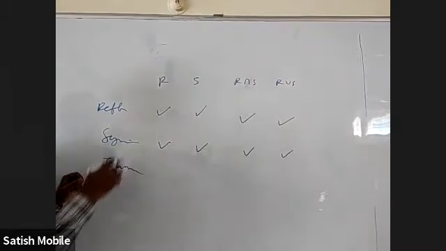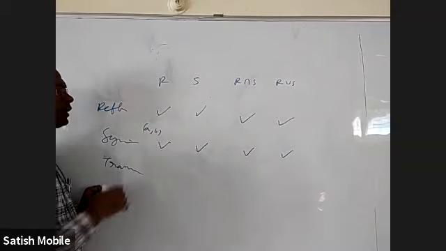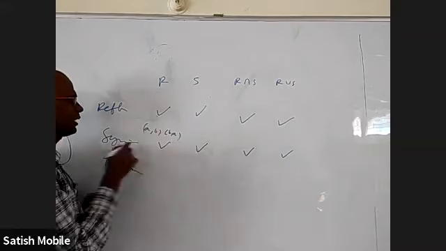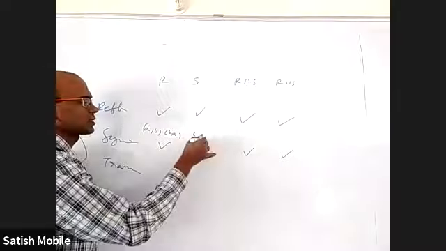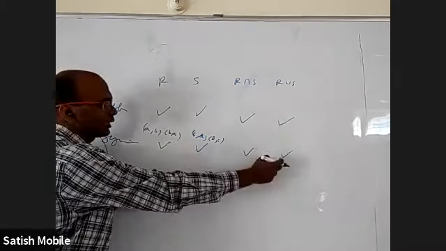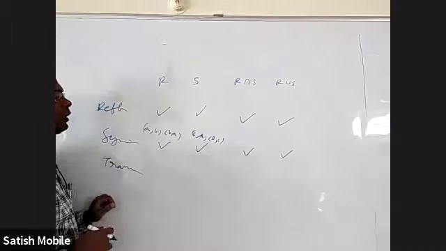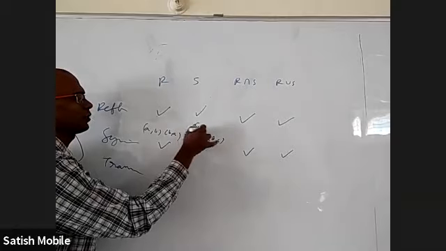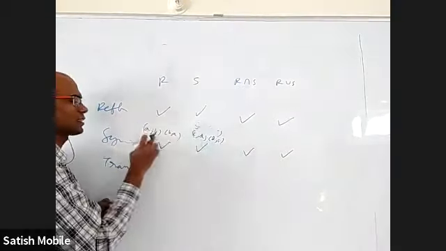Why? Let us say in this, if A comma B is there, in this itself B comma A will be there because it is symmetric. Let us say in this C comma D is there, within this D comma C itself should be there. So when you take the union, we'll get these two and also these two. Let us say here itself A comma B and B comma A is there, then intersection, the same thing will come. If this is not there in intersection, this may not be there, it may be a null set or something.